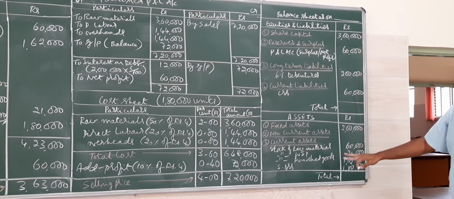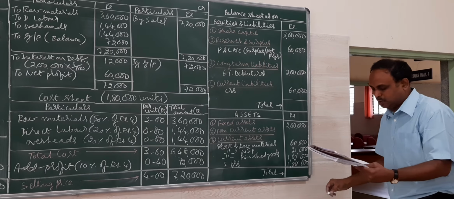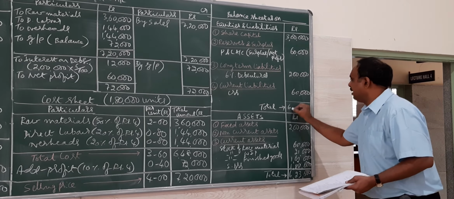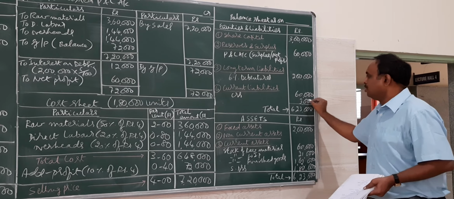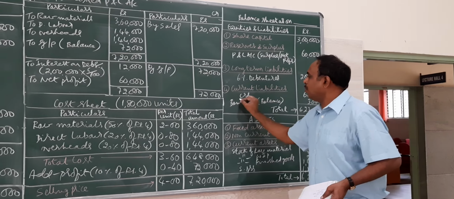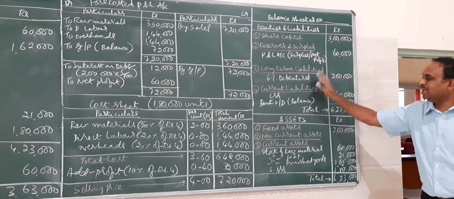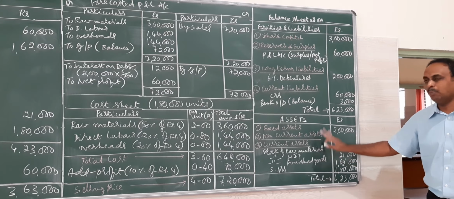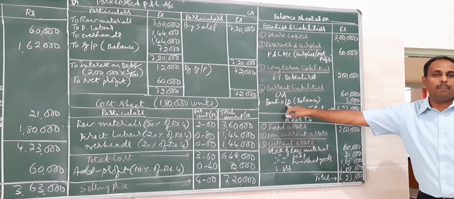I have to total and check if the balance sheet is having the same total or not. When I total it, the asset side is more, so it is 6,23,000. Liability is less. There is a balance of rupees 3,000. So this balance we have to take as bank overdraft. If the balance comes on the asset side, that is, liability is more and assets is less, then it's going to be cash at bank. So here in this problem, asset is more, liability is less, so the balance of 3,000 is taken as bank overdraft.